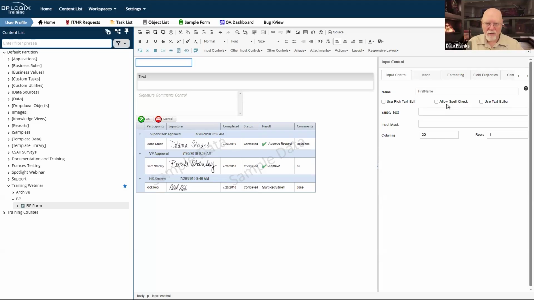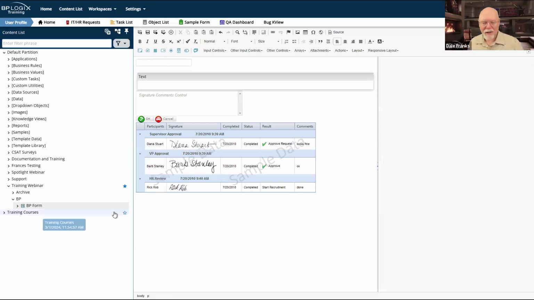Then sections for putting all this data in some sort of logical order on the page, signature comments, button area, routing slip. That is the gold standard for form design. It's 11:40. We really have to move on. I don't think I have much more though to talk about in forms, so we'll go ahead and leave that.